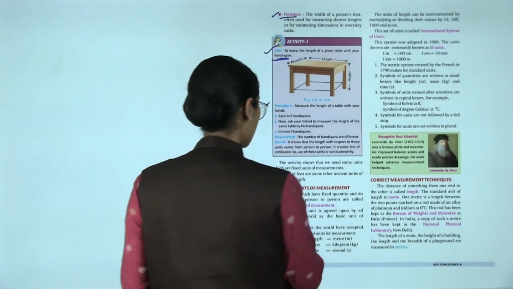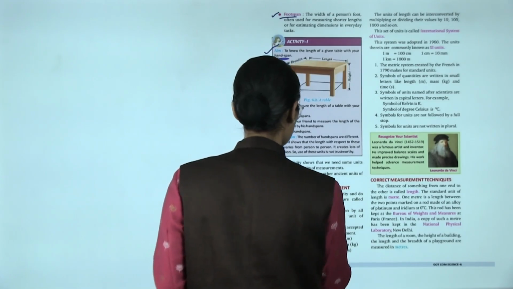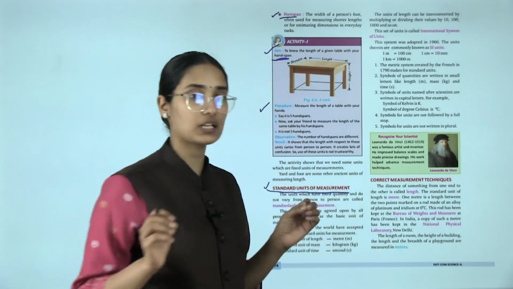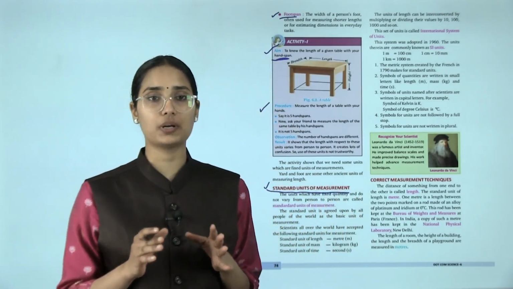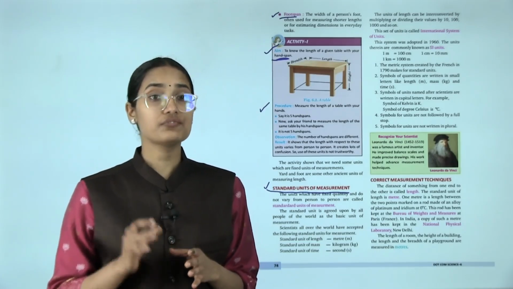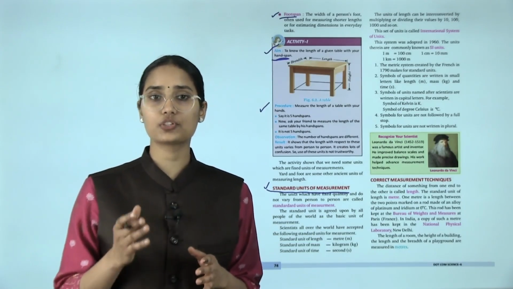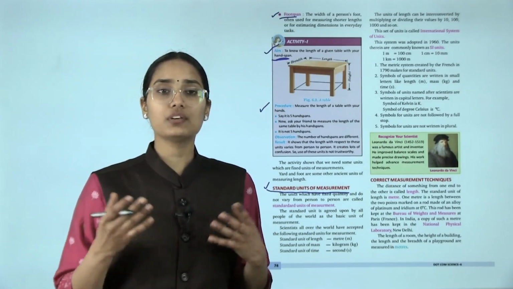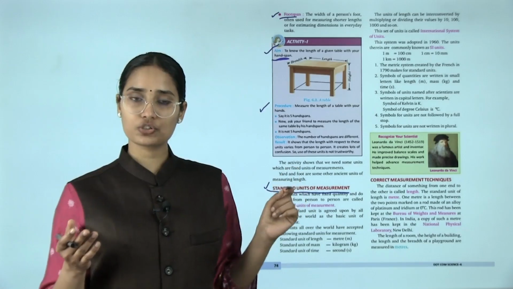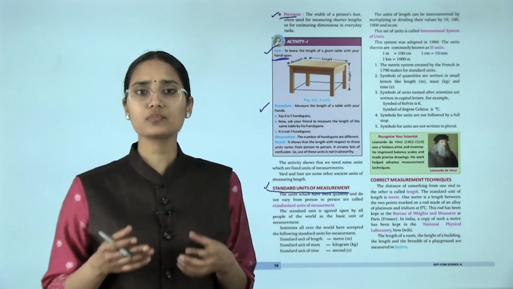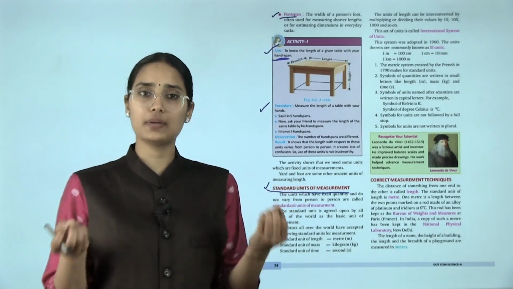Now comes the standard units of measurement. These units of measurement are called standard units of measurement. The units which have fixed quantity and do not vary from person to person are called standard units of measurement. So anyone who measures using a standard unit of measurement gets the same quantity, the same length, the same